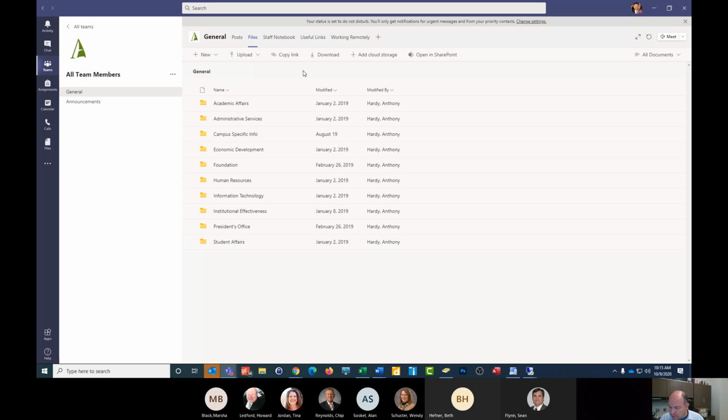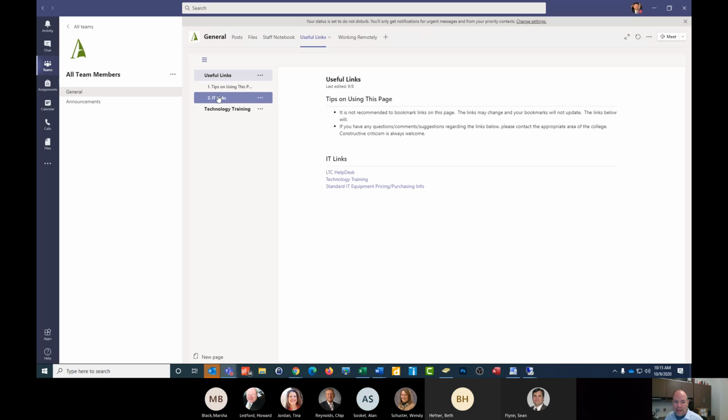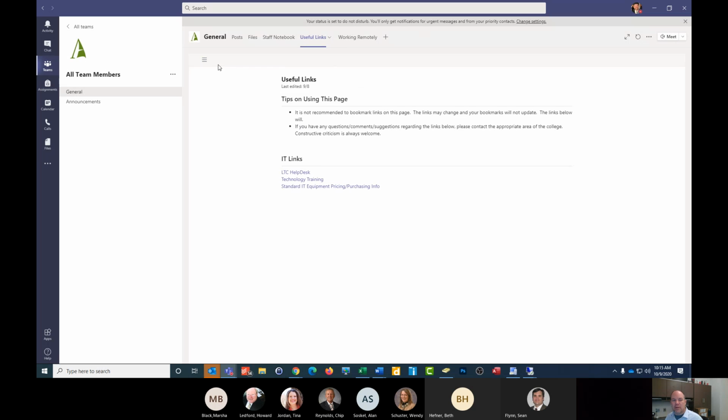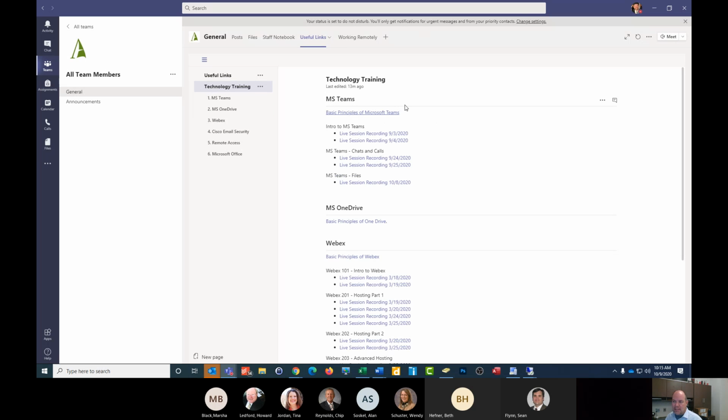HR will handle the storage of their documentation, but the presentation will be handled through a wiki page that could look very much like this. So we've got useful links, and we can have multiple sections over here on the left-hand side. This little thing, if you haven't heard this before, this is hilarious, it's called a hamburger, this little menu link up there. If it doesn't show up for you when you go in there, you click the little hamburger to open it up. You can browse through here, find all kinds of links, and this is what Howard was